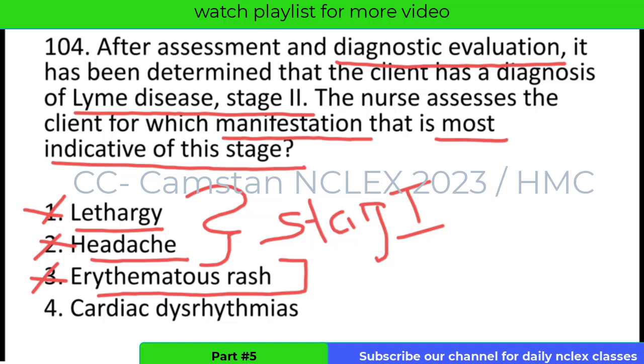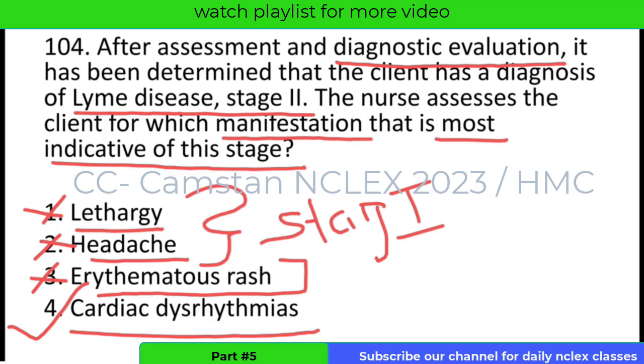And the next option is cardiac dysrhythmias. As we discussed, cardiac dysrhythmias may be seen in stage second of Lyme disease. Cardiac dysrhythmias is the most serious complication in stage second. Cardiac dysrhythmias occur when electrical impulses of the heart do not work properly. And the treatment that is given in case of cardiac dysrhythmias is antibiotics,